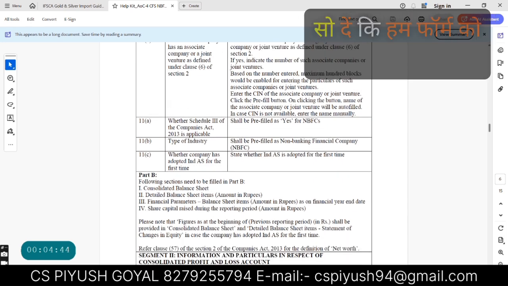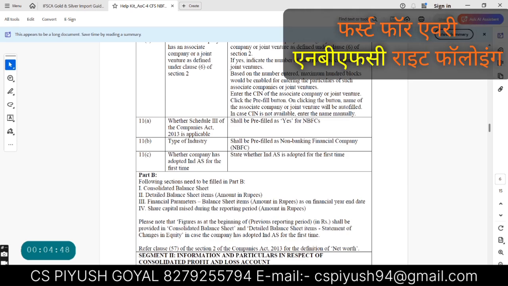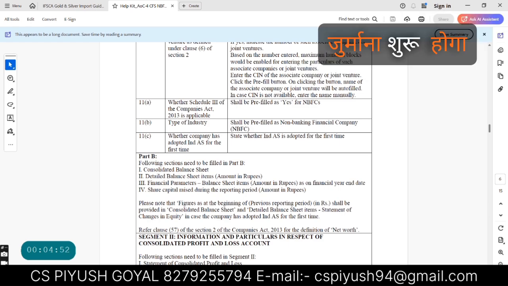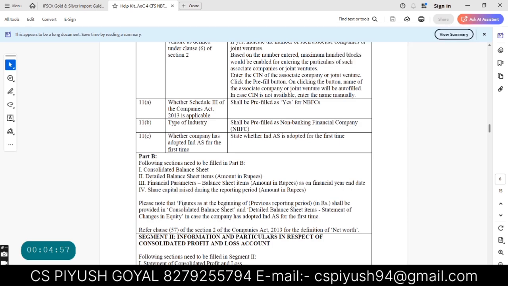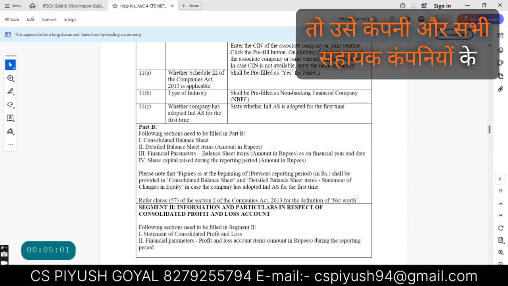Whether Schedule III of the Companies Act is applicable: it is yes for NBFC, right? Type of industry: the company is required to mention the type of industry in the drop-down box. In Part B, the figures of the balance sheet and P&L are required to be filled, and the notes of the balance sheet and P&L are required to be filled by the person, right?